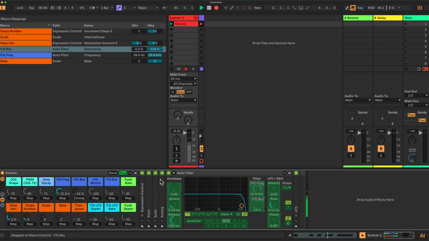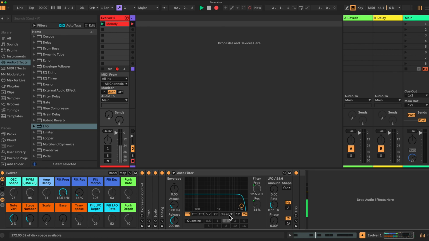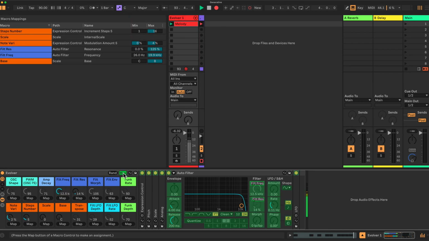We need to actually change it. I'll have to come out of that very quickly, and we need to select here the morph filter. Let's go back into mapping, map the morph here, and finally the filter envelope amount here we can map. Then we have the LFO rate,